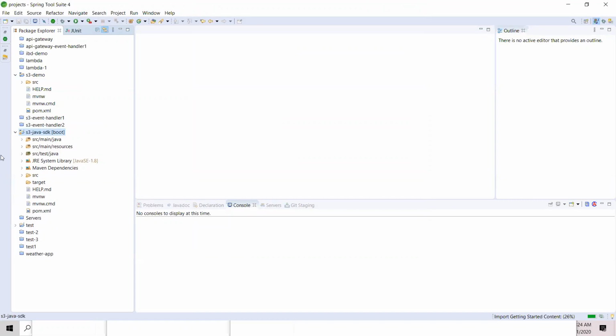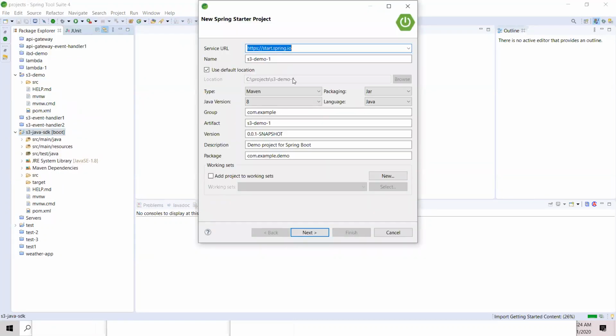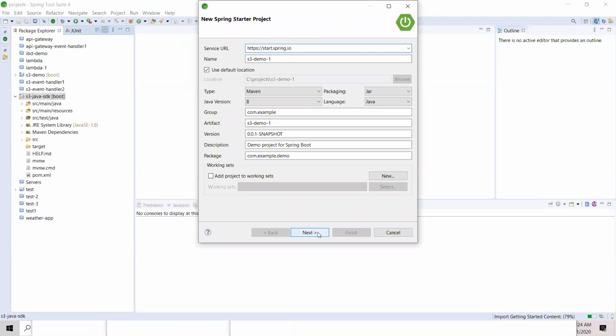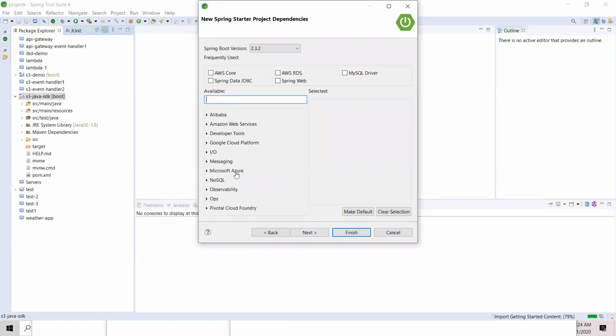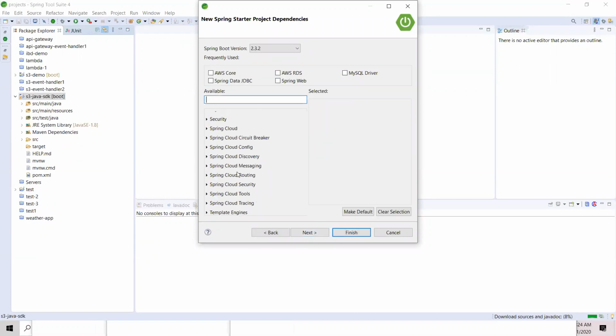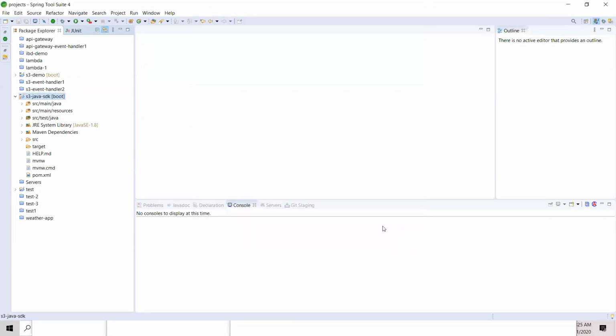Venkat, can you show that AWS part once more? Absolutely. New Spring Starter project, then give your name, and here are all the available libraries. Let's say you want Spring Cloud Config, for example, a beautiful library out there. It will add to your Maven pom.xml. That's all it is. There's nothing more to it.